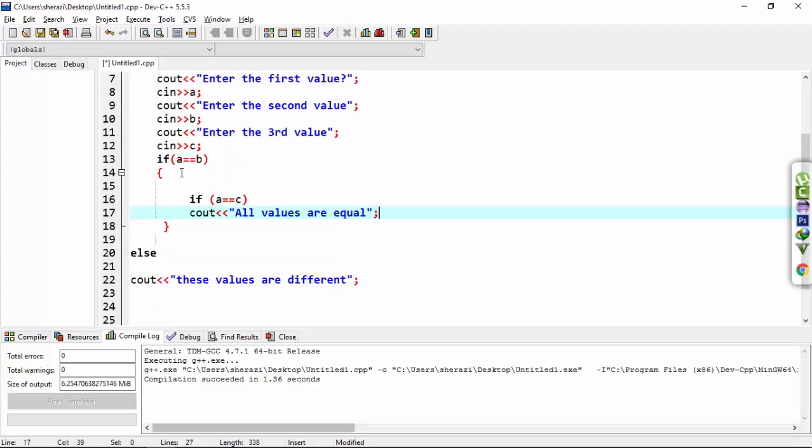And I make an if statement with the condition A is equal to B, nested with another if statement. If A is equal to C, then cout "all values are equal". If this is false, then cout "these values are different". Now, let's compile and run.